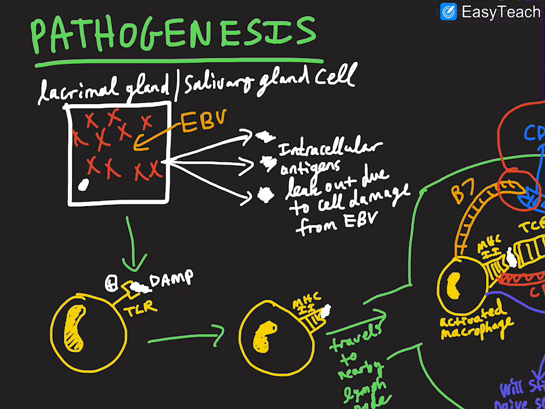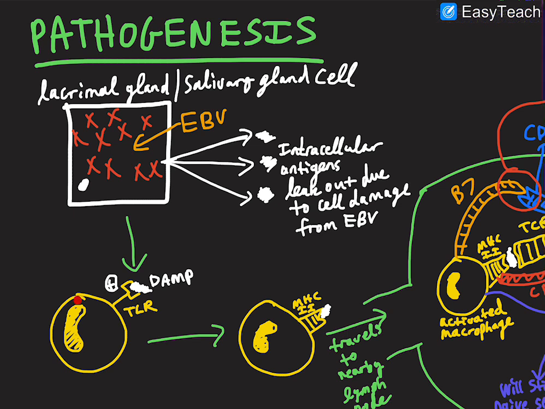damage-associated molecular patterns, right? So DAMPs and PAMPs. When we talked about PAMPs, we talked about pathogens, but your own intracellular antigens can be certain DAMPs, like what? Like heat shock proteins, ATP, and so on. So let's say we have some of those intracellular self-antigens that get released due to the damage that the Epstein-Barr virus did to the cell. Our white blood cells can recognize these DAMPs either through certain pattern recognition receptors like toll-like receptors or nod-like receptors,